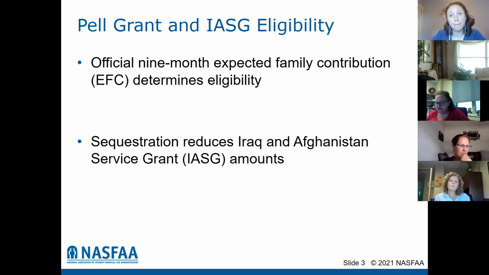And the IASG, that is subject to sequestration because it will reduce the amount of the grant. And I'm going to give you examples coming up. If you're not sure what sequestration is, if you've never heard of it, basically it's automatic spending cuts that occur